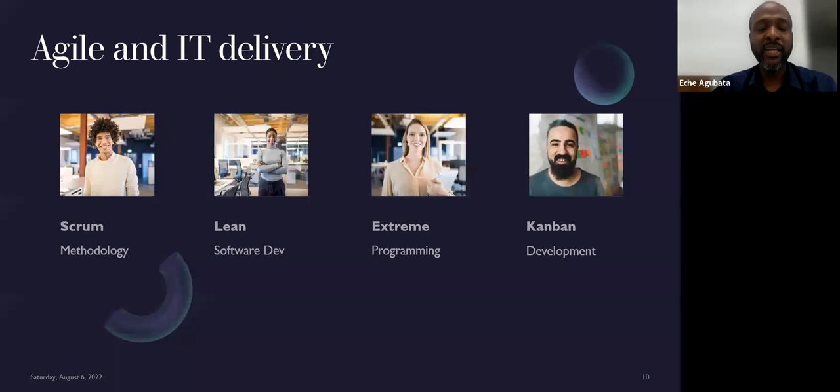Okay. So, like I said, different groups of people have tried to come up with ways of implementing Agile in their different environments. Some of the ways have been listed out. The most popular in Nigeria is the Scrum methodology. In fact, some people juxtapose Scrum with Agile. Scrum is just a way of materializing Agile. There are other ways, as we can see. There's lean software development, there's extreme programming,